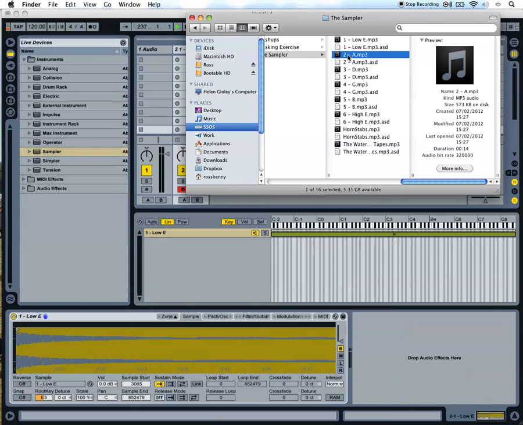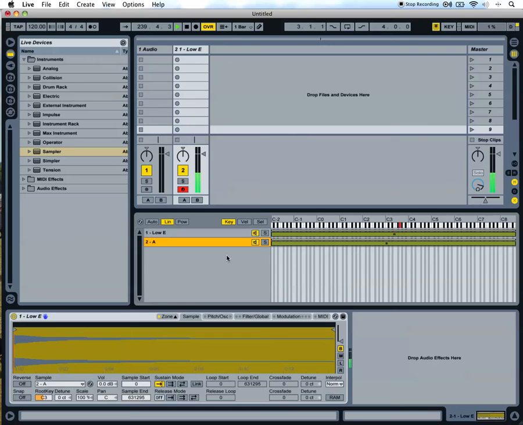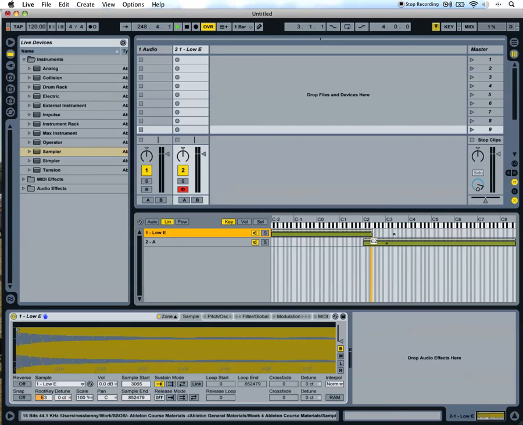Now go out, get the A sample, and drop it underneath that, and play, hit. Okay, so that's great. They're both in there, but we've got a problem. They're overlapping. So what we need to do is give each one a separate area on the keyboard. So I know the E starts at E3, and it's going to go up to G sharp 3, because that's where A comes in. So G sharp, and the next note up is A. So once you get to G sharp, once you go past it, it'll start to trigger the A sample,